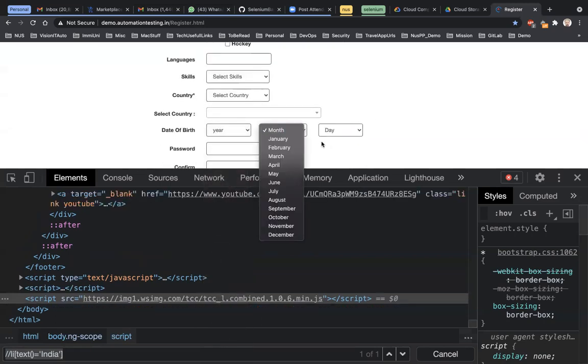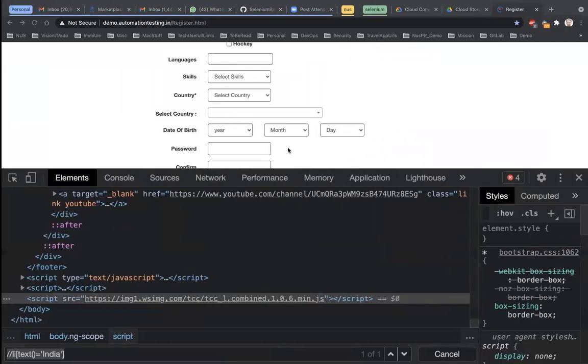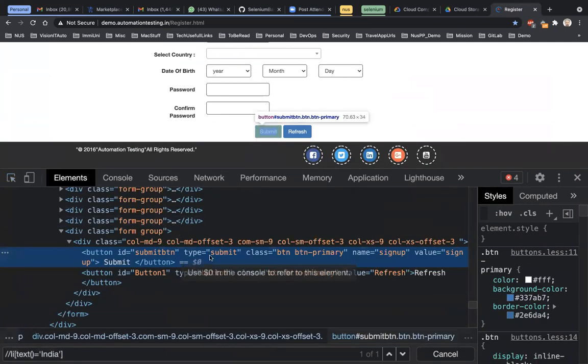Okay, and then the rest of the things are simple drop downs. We already discussed how to use drop downs. You always have to create this kind of operation. Find the element first, then perform this Select class, and then use select by visible text there. And then the submit button is very simple. Here the same thing.